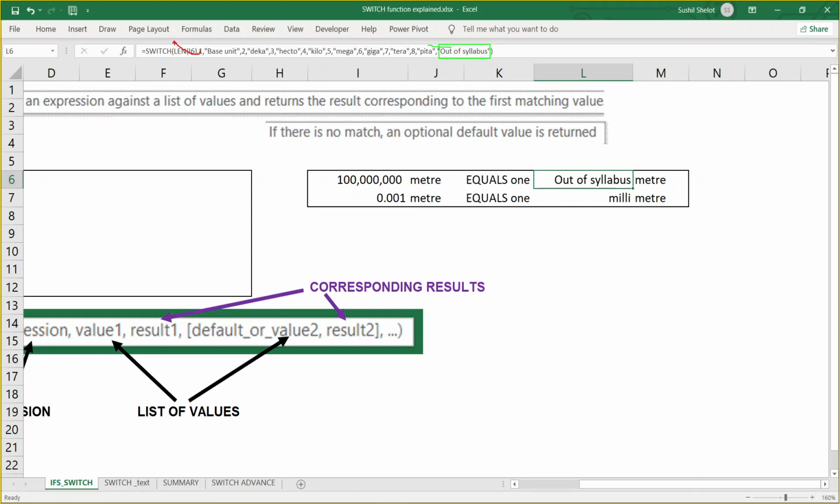If it does not match with any of the values in here, then as a result this will be demonstrated, and that is what we are seeing here. It says out of syllabus. So friends,